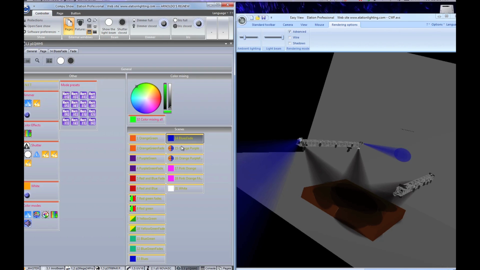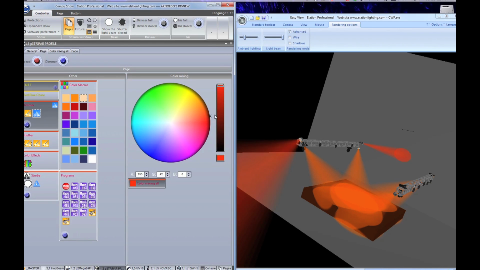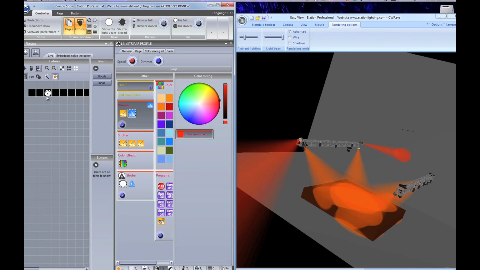Now, for some reason on mine, I guess when I did my programming, I messed up on my colors on my 3D thing, but there's orange and green there. If I want to switch things, make them all the same color, it's kind of a pain. I'm like, oh crap, okay, there's orange and green there, or I'll go here and I'll select that. Okay, good, I'm set. Now when I go make it to my mega tripart profiles, I want to make it orange too. Well, what you can do is you can go to your fixtures,